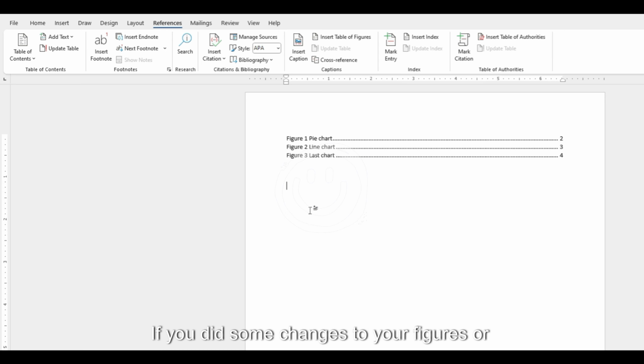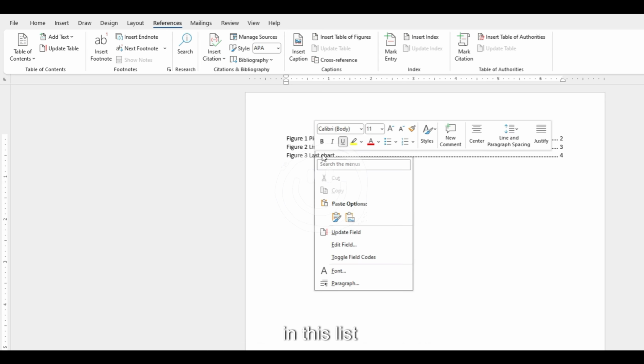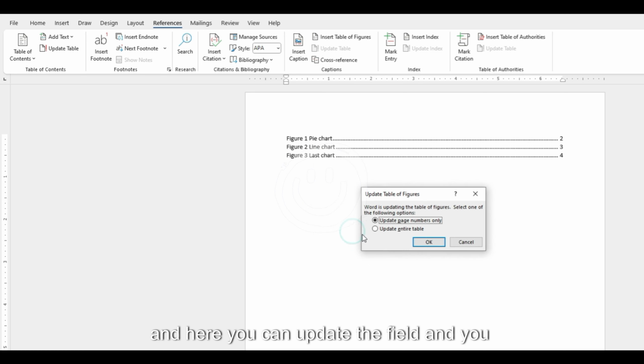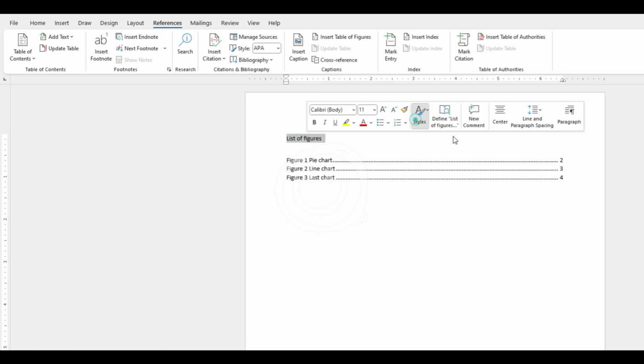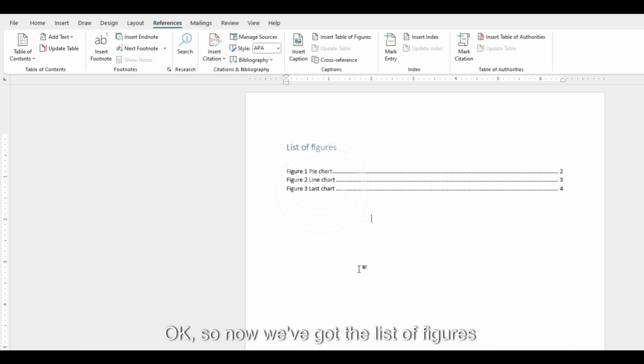If you did some changes to your figures or the caption of your figures, you need to right click it in this list, and here you can update the field. And you can also choose to update the entire table or only this one. And last but not least, you can add a title over here, so list of figures. Okay, so now we got the list of figures,